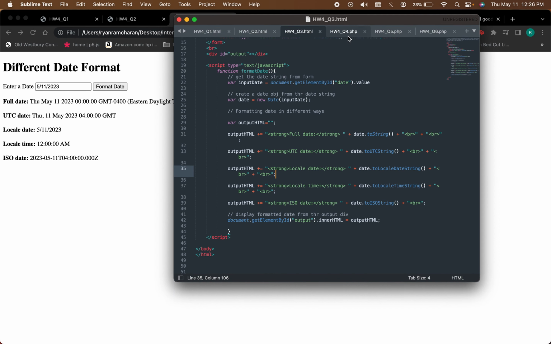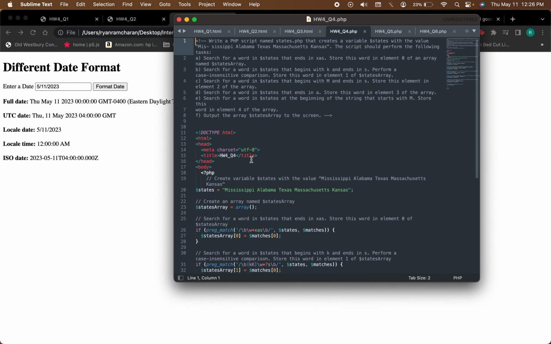So now on to question 4, the PHP. Write a PHP script named states that creates a variable state with the value Mississippi, Alabama, Texas, Massachusetts, and Kansas. The script should perform the following tasks: search for a word in states that ends in XAS, store the word in element 0 of an array named statesArray; search for a word in states that begins with K and ends in S, perform a case-insensitive comparison, store this word in element 1 of statesArray;